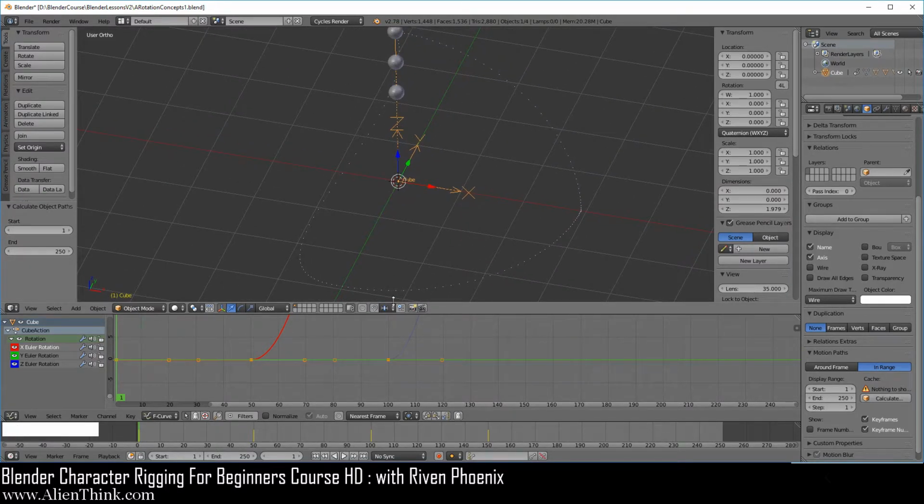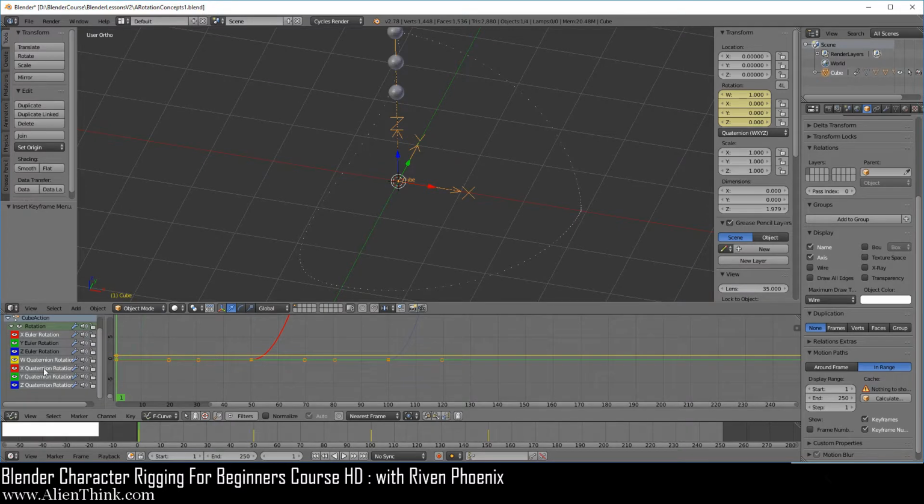Okay, so here on frame 1, we want to press the I key and now do rotation. Notice that now we're capturing the quaternion rotations. They're going to come through. So we're going to do the same thing. So now go ahead and take this to frame 50 over here, press the R key and press the Y key, press the control key down and rotate this by 90.